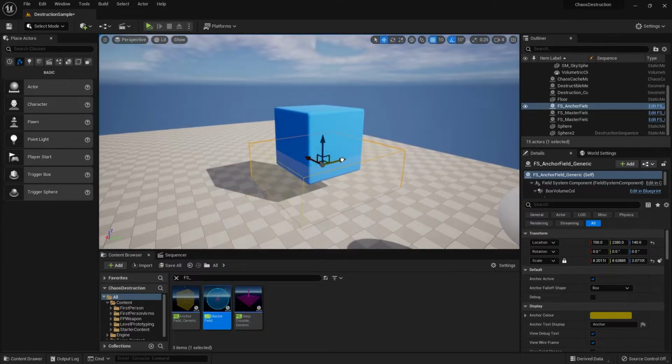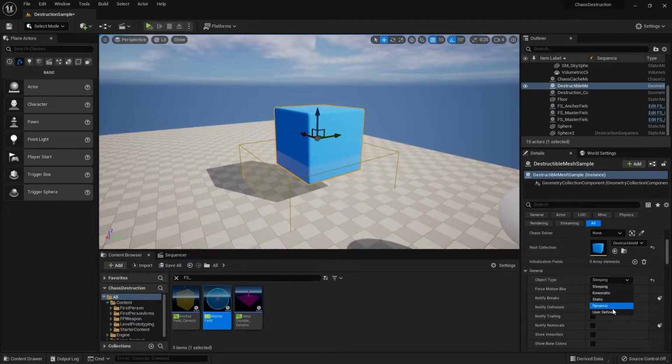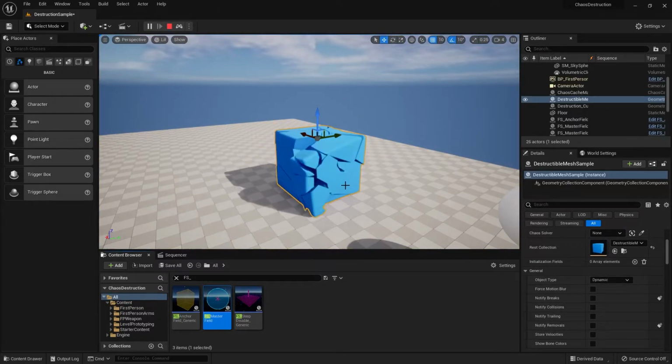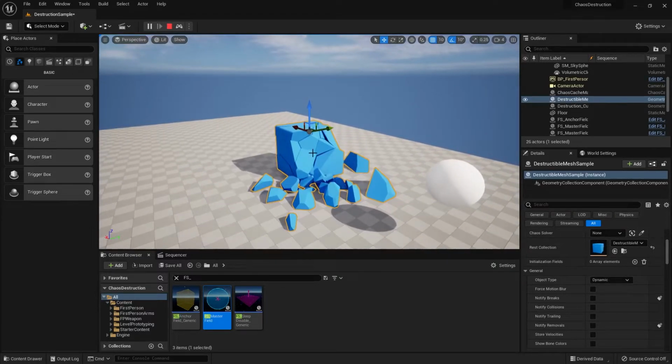Get around like this. Okay, so if you start by playing this, let me change this into the dynamic first. Alright, if you start by playing this, you will see that it doesn't work yet. So there's something else that we need to do in order for it to stay in a position where it does not drop and break apart.